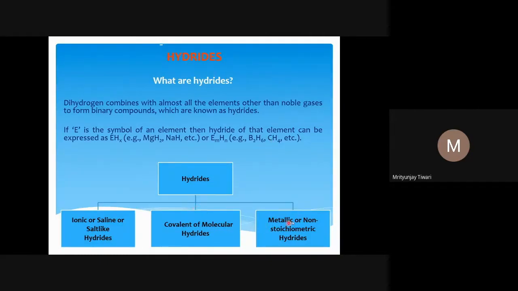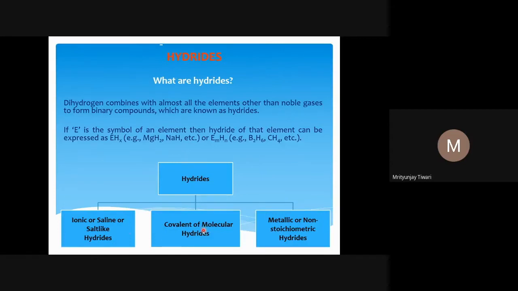So for the hydrides, there are mainly three classes. The hydrides can be divided into three different classes. The first class is called ionic or saline or salt-like hydrides. In ionic hydrides, the primary s-block metals form ionic hydrides, which means the metal ion will be there and H minus ions will be there, and they can exist in the free form. You can even extract H minus and M plus ions from there. They are also called saline or salt-like hydrides, salt-like because they are salts.